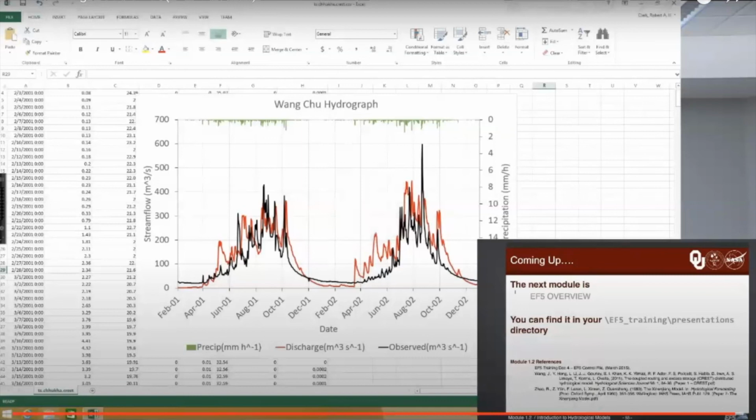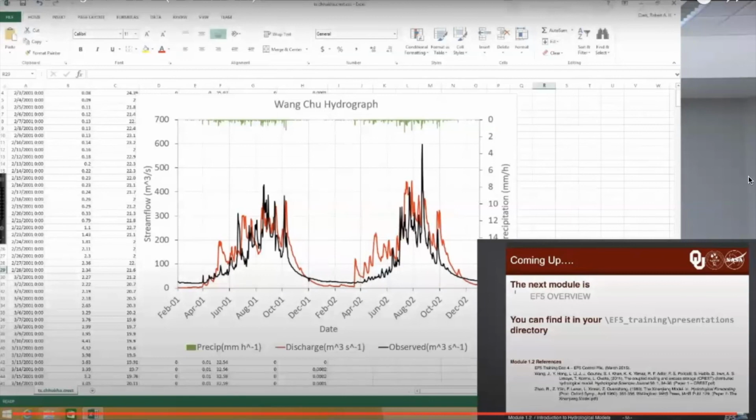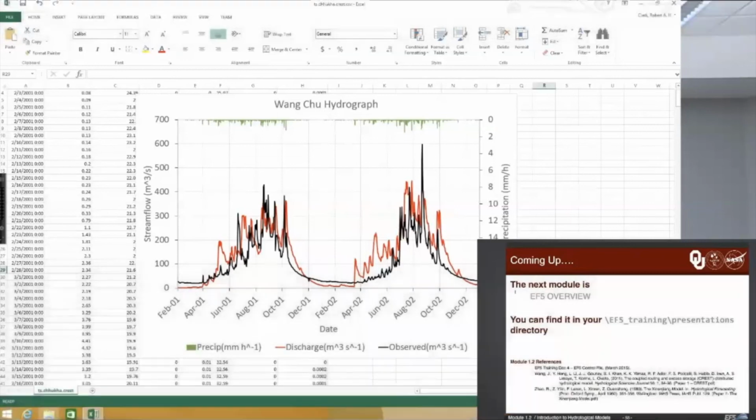from 2011 that describes the CREST model physics, and so that's more of an in-depth discussion of what we talked about during the first half of this module. And then there's also a paper from Zhao et al., which describes one of CREST's forebears, one of the first models to use the very